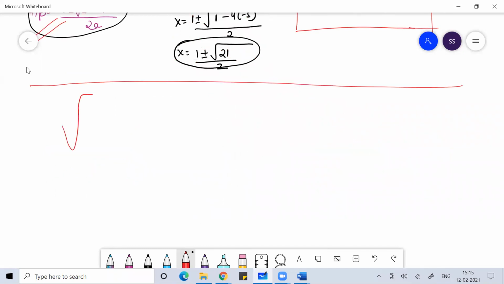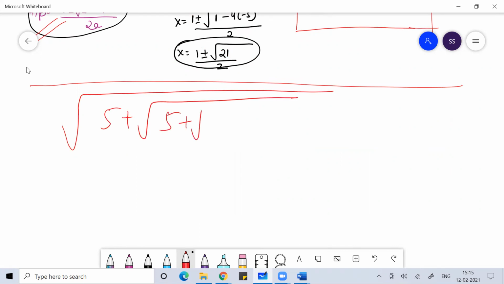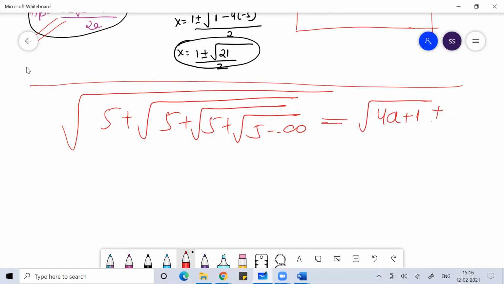what is the value of root 5 plus root 5 plus root 5 plus root 5, like this till infinity? So what is the formula? The formula is root of 4a plus 1, plus minus 1 by 2. This is the formula when you cannot break the middle terms, or neither can that number be written in the form of a into a plus 1. So then this is the formula. So here what is a? A is the value. Like the value can be a prime number, anything.